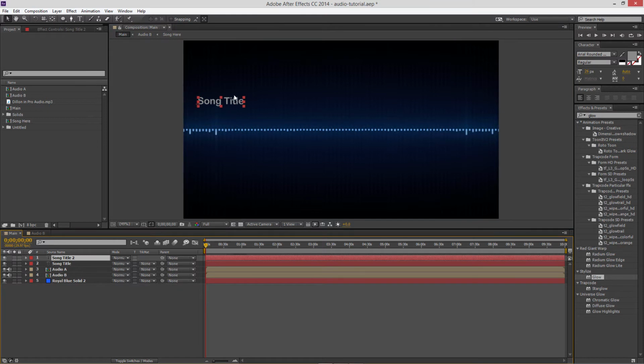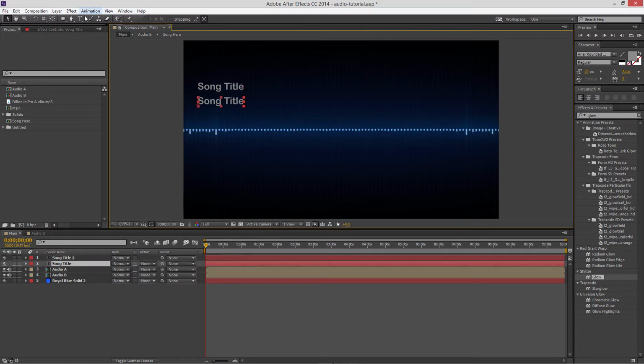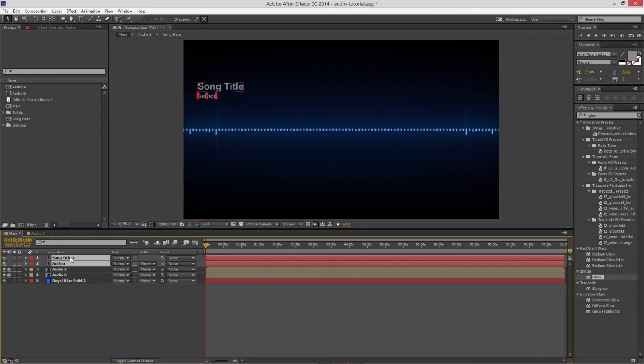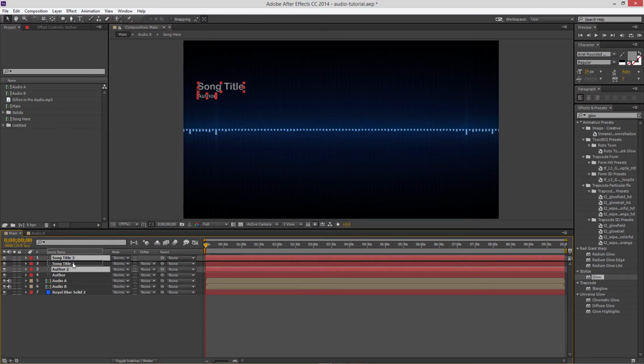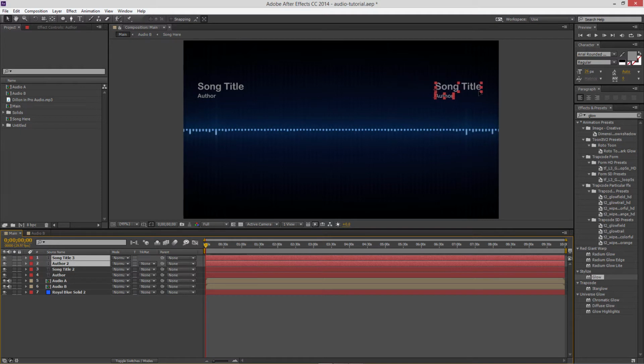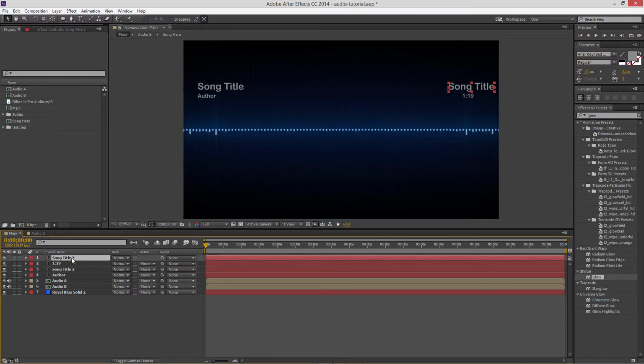Control D. Move it. That's gonna be the main, and that's gonna be the small one. I'm gonna scale that down. Like that. Okay. Control D both of these, and just move it to the other side. Okay, move this here, and I think it was 119. Okay, I'm gonna rename this